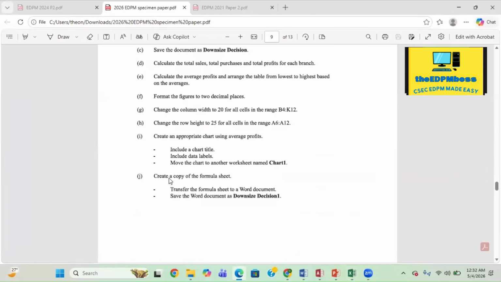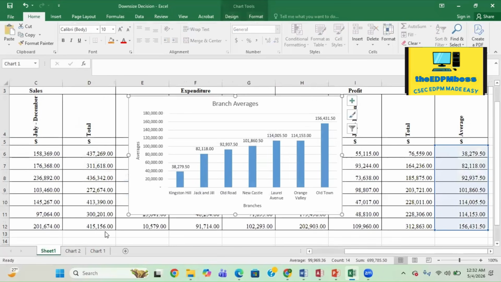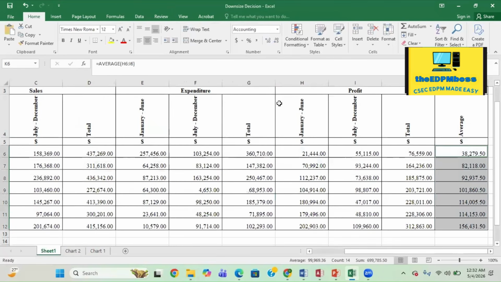Now the part here that says create a copy of the formula sheet. Transfer the formula sheet to a Word document. So let's do that quickly and move to the next question. All right, so to get the formula sheet, let me go back to our sheet one. Let me delete this from here. So to get the formula sheet, what you will do,